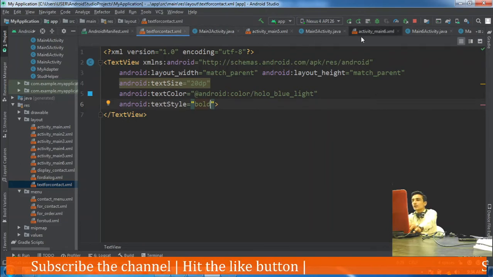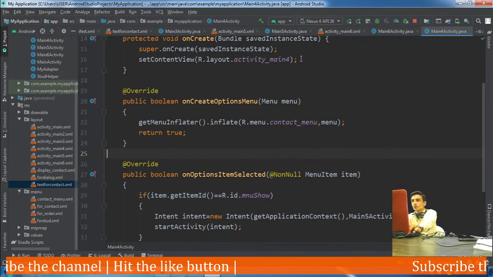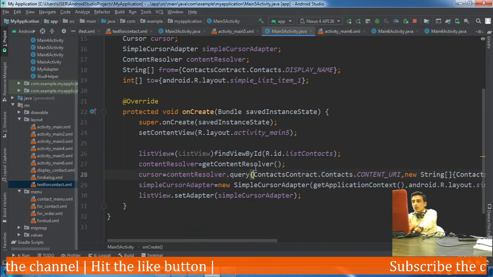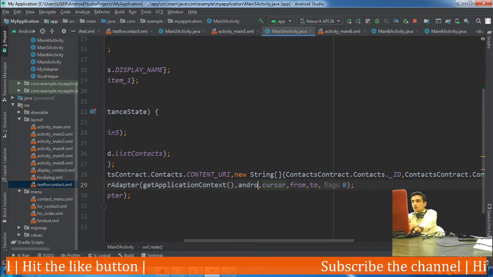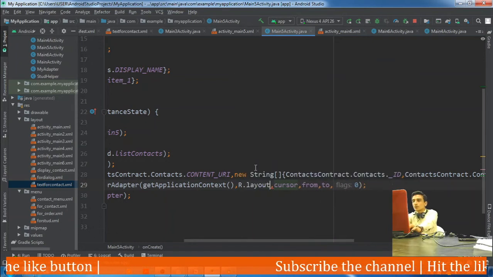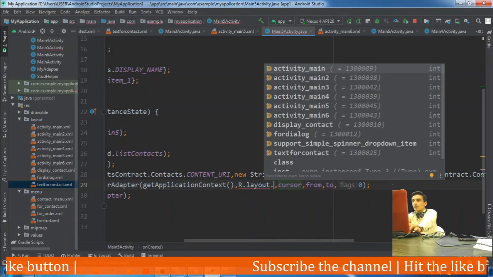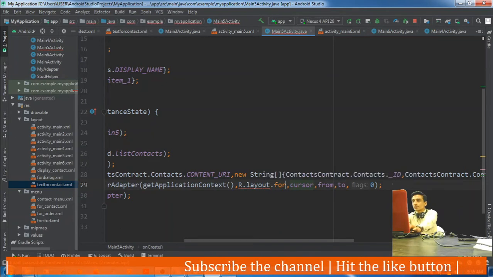Okay, so in our activity 4, where is it? Our activity, sorry, not 4 but 5, here where we have written the layout, here we should write R.layout.text_for_contact.